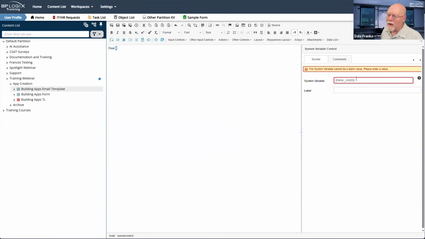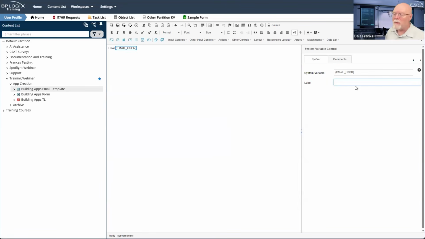This is a system variable that actually only makes sense in the context of an email and is only used by Process Director to identify to whom the email is being sent. In other words, the recipient. Now, if I send to multiple recipients, each recipient will get their name parsed as the email user. So let's say I had 4 participants to an activity, right? It's going to send 4 emails.